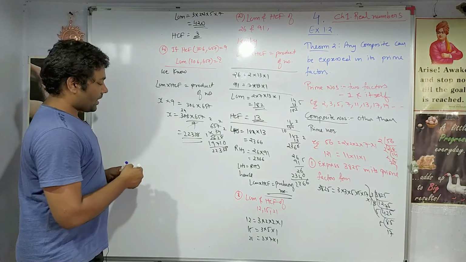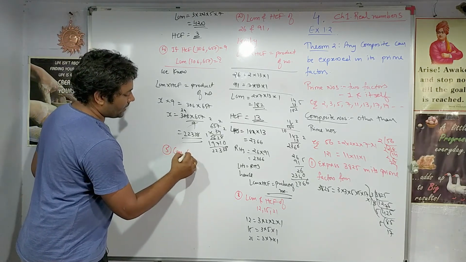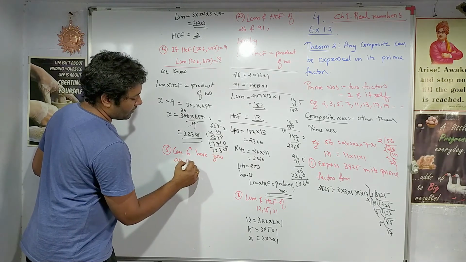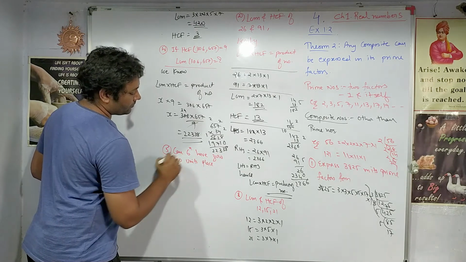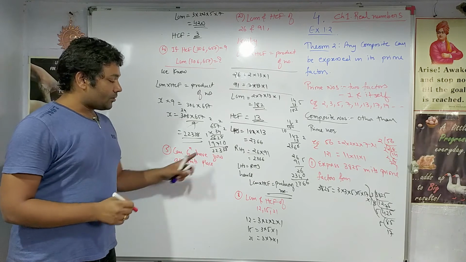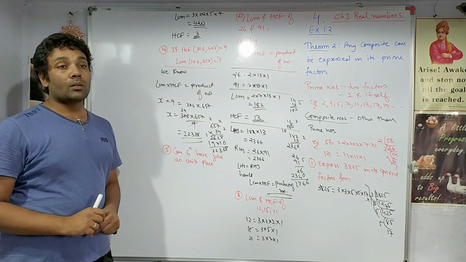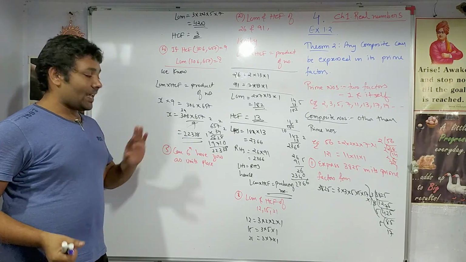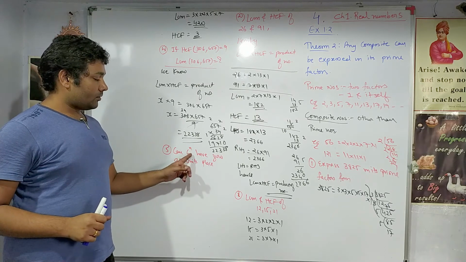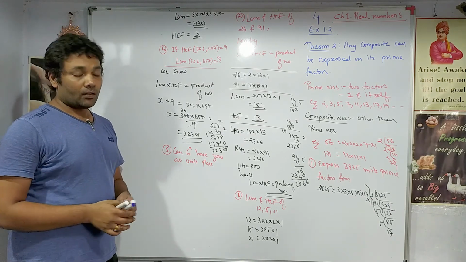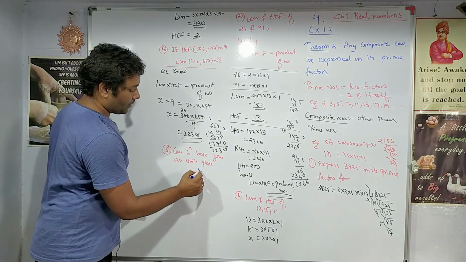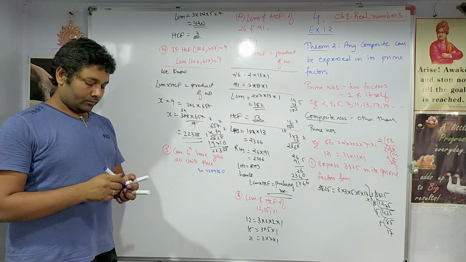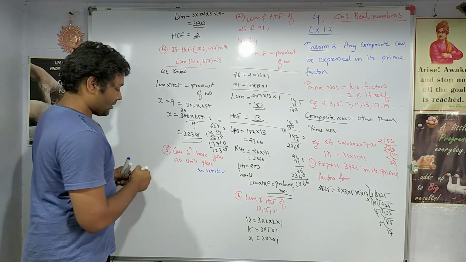Then the next question we have is, can 6 to the power n have 0 at the units place? Can 0 be there at the units place? If I evaluate 6 to the power n, n can be anything, 1, 2, 3, 4, 5, 6. So for any n, is it possible that the units place will have a 0? Meaning I must get a number like 1 2 8 9 3 6 0, something of this format. Is it possible? Not possible. Why? Let us see the answer.